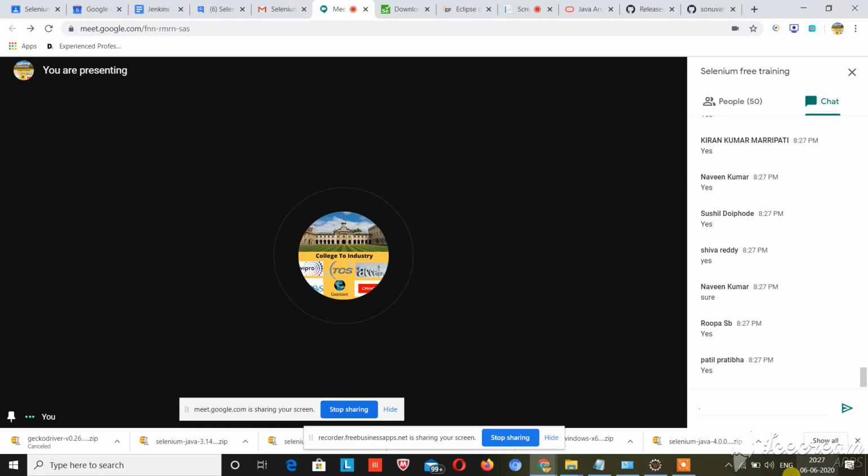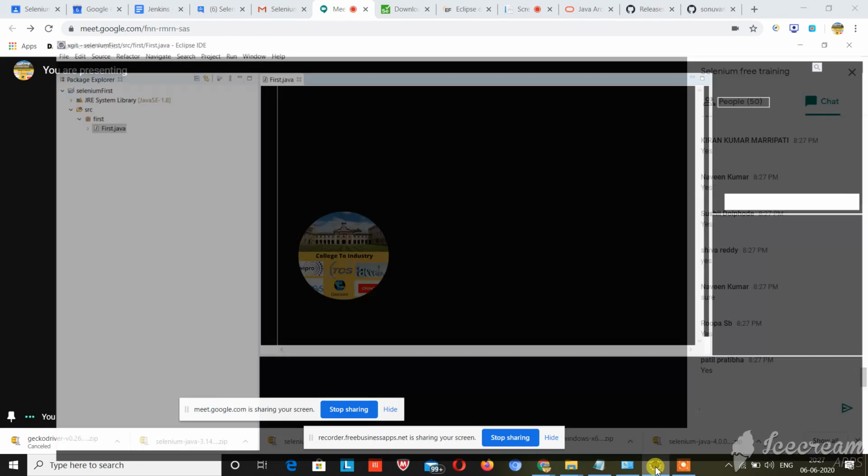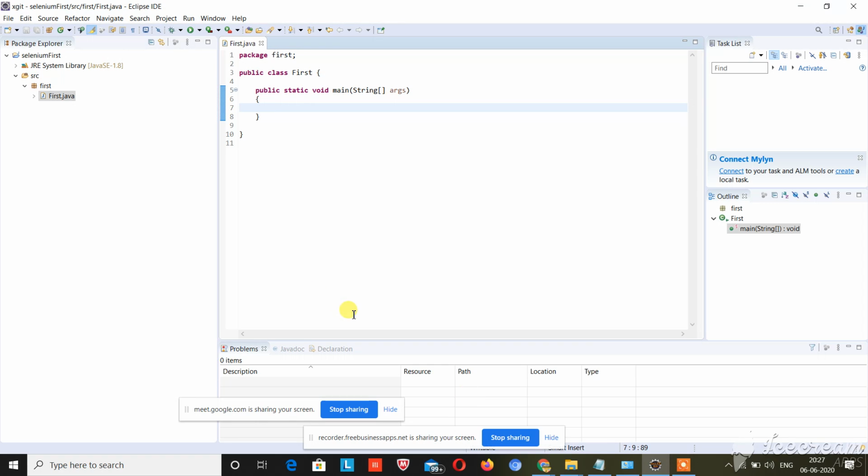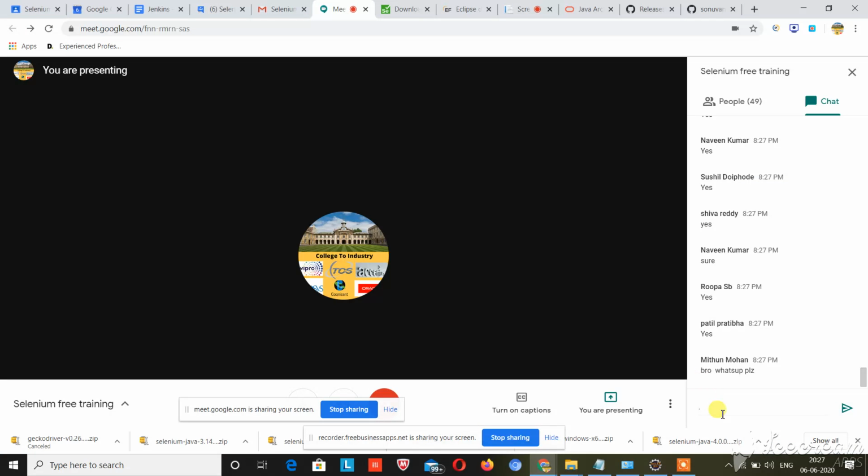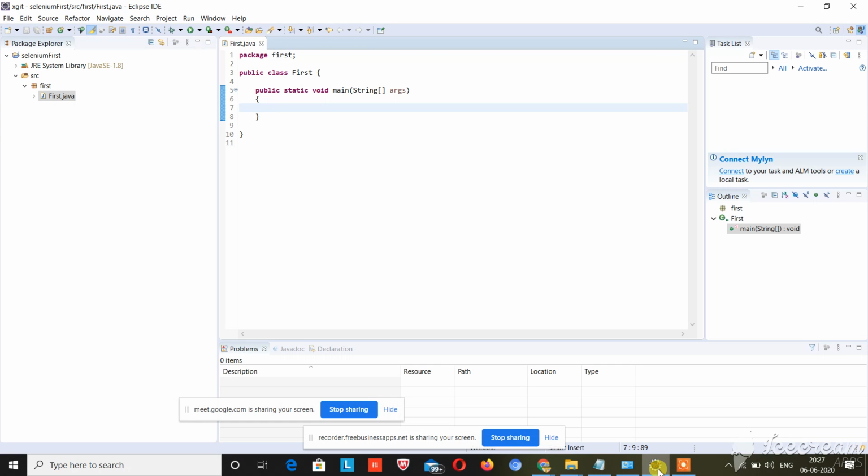Okay, so just need to go back to Eclipse. No, first you have to import those jars. Okay guys, so you have downloaded the Selenium jars, now you need to import those jars.